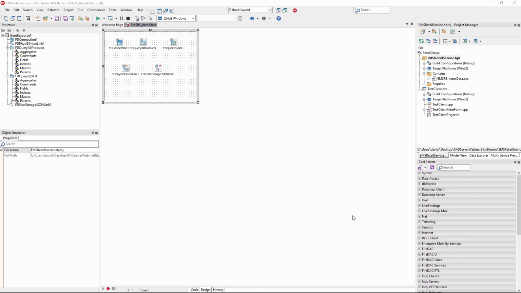Marco worked on some of the endpoints in the RAD server that's part of this department store application. So Marco, why don't you talk about what you built and then we can take a look at it in action. Yeah, what I've done here is just create a skeleton application that lets do a couple of different queries